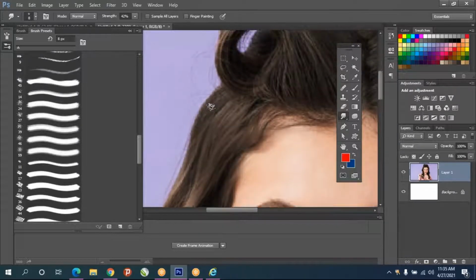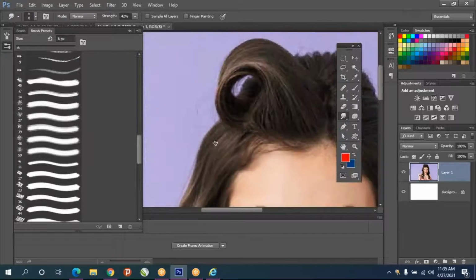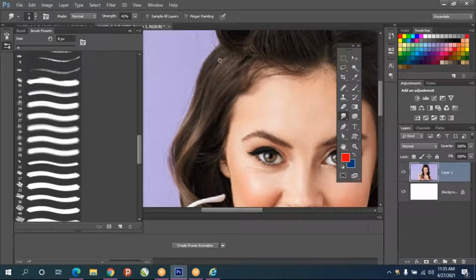So when you're doing the hair part, you have to be careful, because you have to move the mouse only in the hair direction.